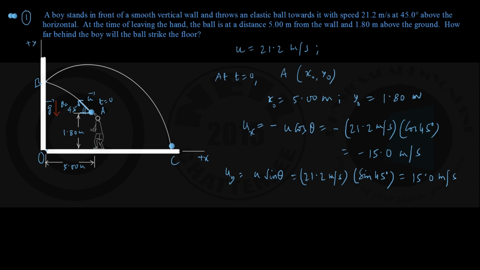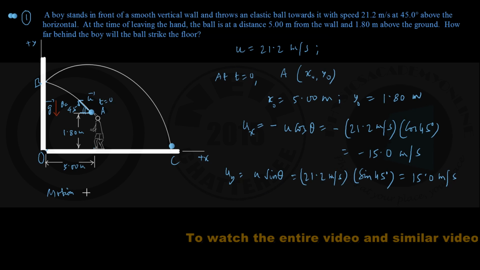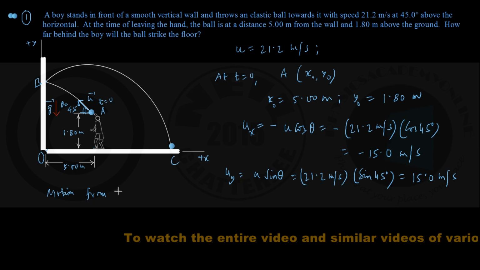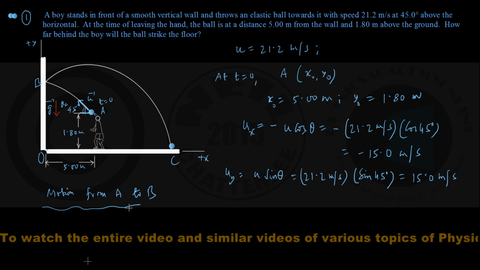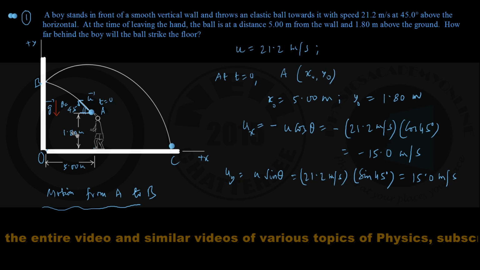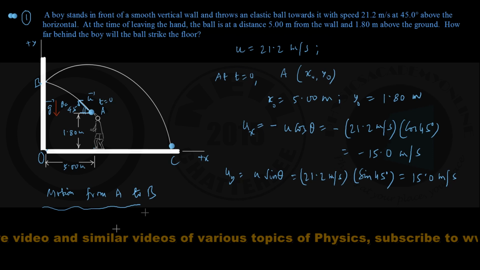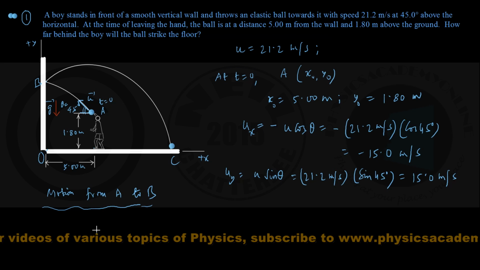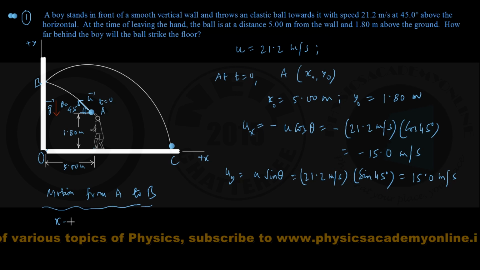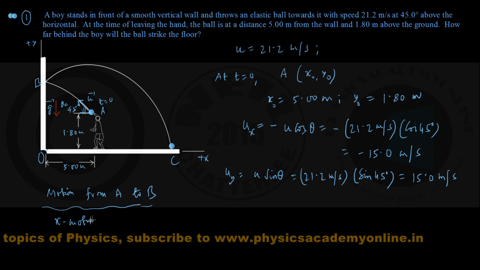Let us now consider the motion of the ball between the point A and the point B, where it hits this wall. So we are considering the projectile motion of the ball from A to B. And since the motion is taking place in an xy plane, as with typical projectile motion problems, we can consider the x motion and y motion separately. Let us consider the x motion of the ball